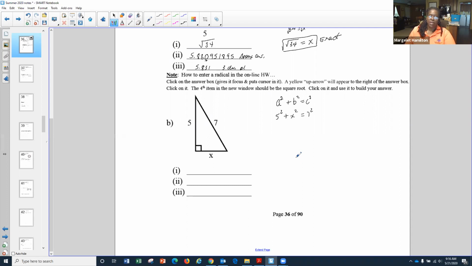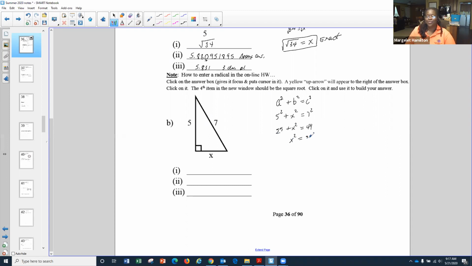All right, so here we are working it out now. Remember, we first have to solve for x first. So here we are. We have 5 squared is 25 plus x squared equals 7 squared is 49. All right. Now we got to get x squared by itself. So we need to subtract 25 from both sides. So we get x squared equals, subtracting 25, you should get,